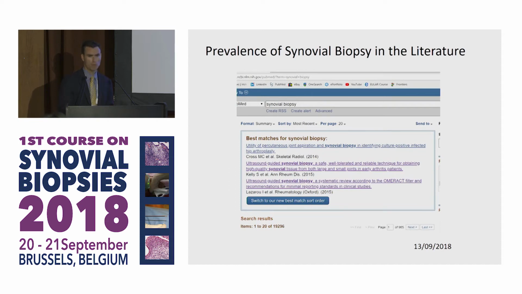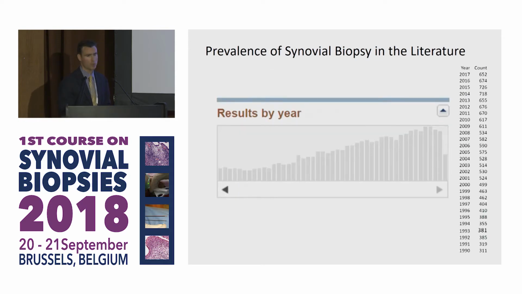So the prevalence of synovial biopsy in clinical practice is not well known. In the context of translational and basic research, a PubMed search last week simply for synovial biopsy yields almost 20,000 results. And if you look at the results year on year, they're ever increasing. So there's no doubt that from a basic research and a translational research level, synovial biopsying is becoming more common. We're all becoming much more familiar with it. We feel comfortable about it. The outcomes again and again have been shown to be very tolerable, whether by arthroscopic or ultrasound, very well tolerated indeed.